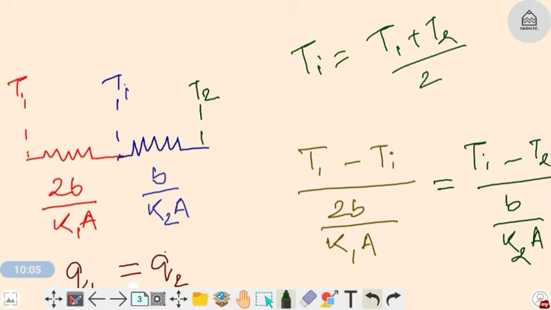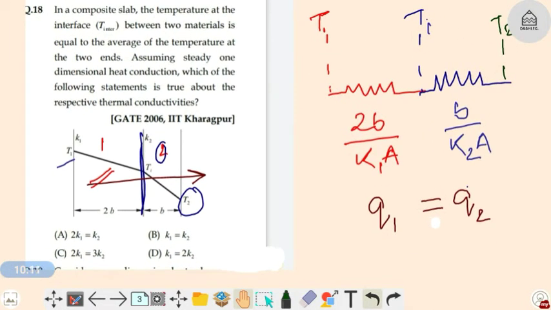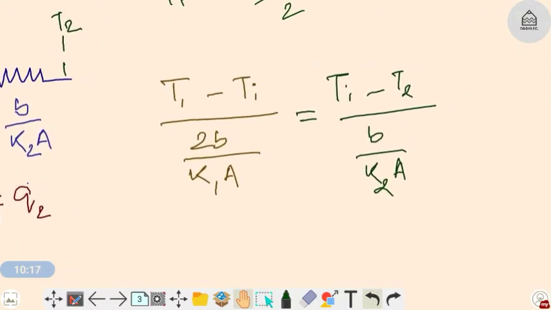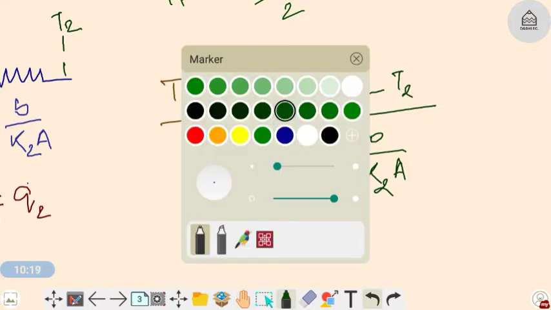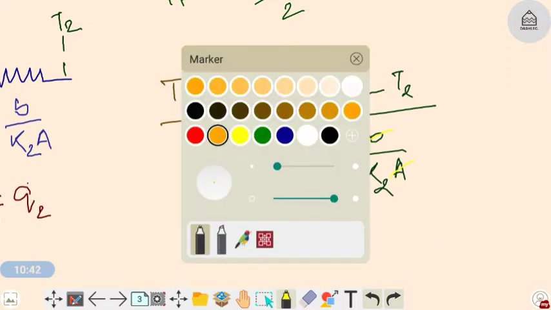Now, in the question we have to find out the relation between the conductivities. We'll find it out. So now, as I have said, this A and A will be cancelled out from both the sides, and the B and B will also be cancelled out. Now if I take K1 to the numerator,